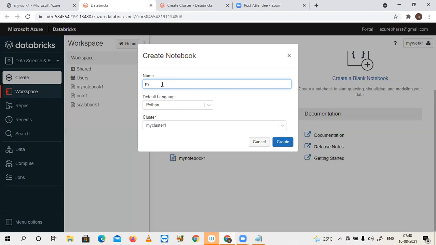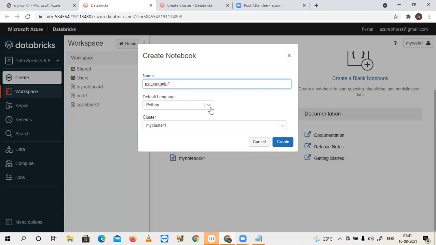Let's say PySpark Note 1. Anything you can give. What is the default language the notebook should have? Of course, within a single notebook, you can write multiple languages of code. I have observed so many Spark jobs, and the job here means not an employment job, sir, Spark running jobs.